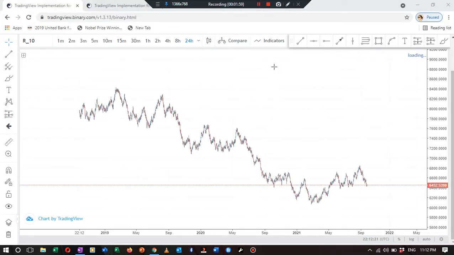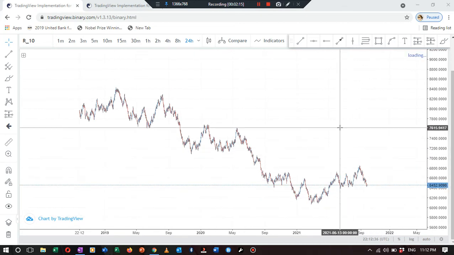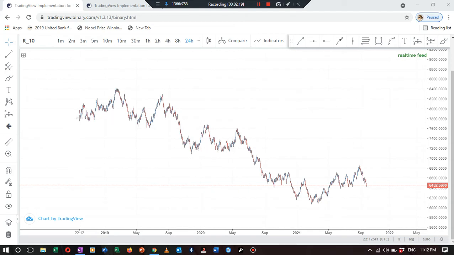Alright, this is a 1 day chart of Volatility 10 indices. Now, it shows that the market, from the whole of what we are seeing, has been on a massive downtrend since Vol 10 started its trading adventure. What do I mean by that? From our point one, you must understand that for you to trade successfully, the market must either be